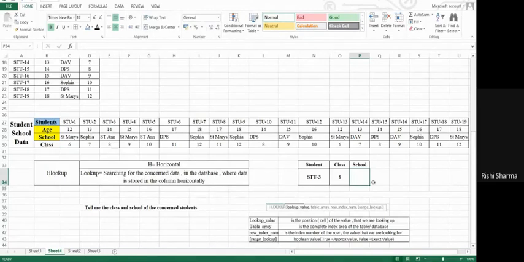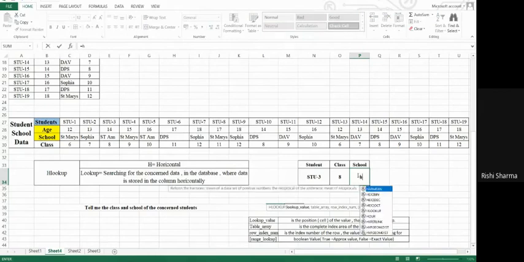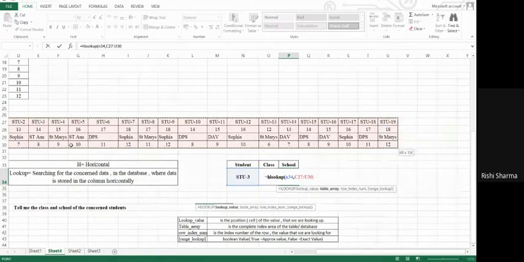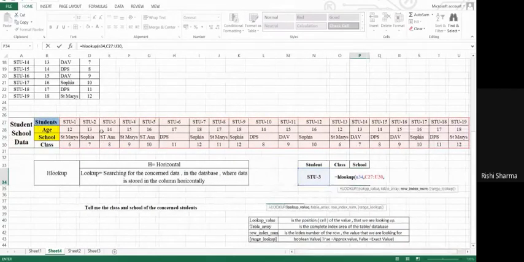All right. And similarly, I have to find the school in which he is currently studying. I will apply HLOOKUP equal to HLOOKUP, and then I have to find the lookup value. Lookup value is N34. Then I have to see the table array. This is the table array, goes from here to here. Then comma. Then row index number, where the school is located in this particular row. There are 4 rows, 1, 2, 3, 4. School is at number 3. So I will type over here 3, and the value I need is false.